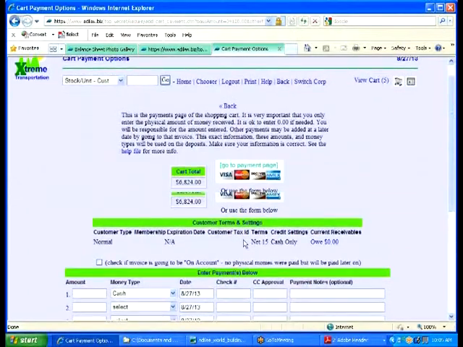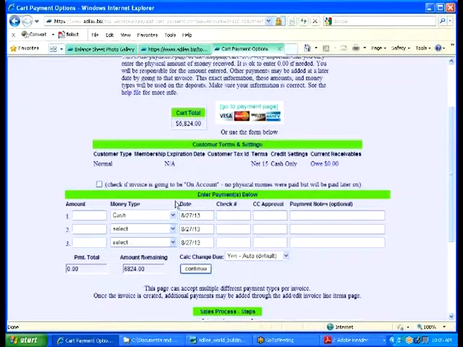And how did I want to pay for this? Let's say I'm going to actually pay multiple different ways. So $6,000, or maybe I'm actually going to finance a bunch of that, depending on how it works. Say I have $2,000 I'm going to put down, and then the rest is actually going to have to be financed. Okay. So I'm just going to put $2,000, and I'm going to say that was a check. And I'm just going to put 555, just pretend, and say continue. I'm actually going to leave the rest of this, 4,824,